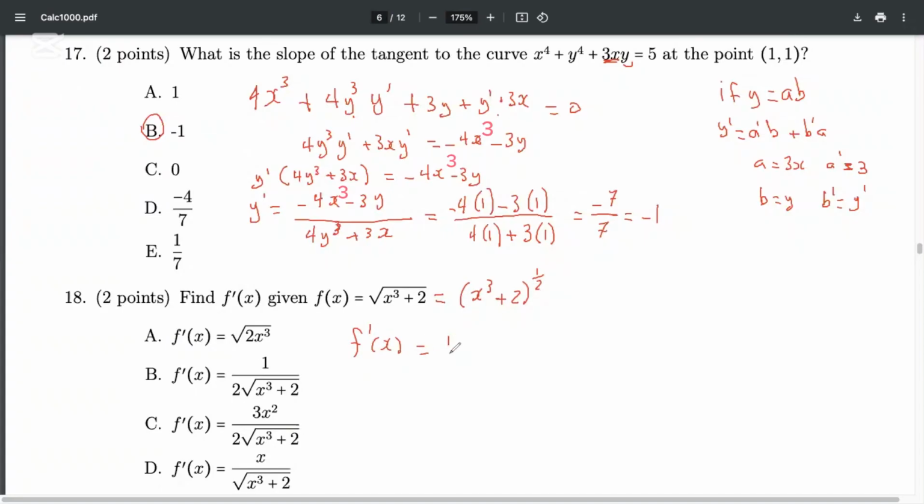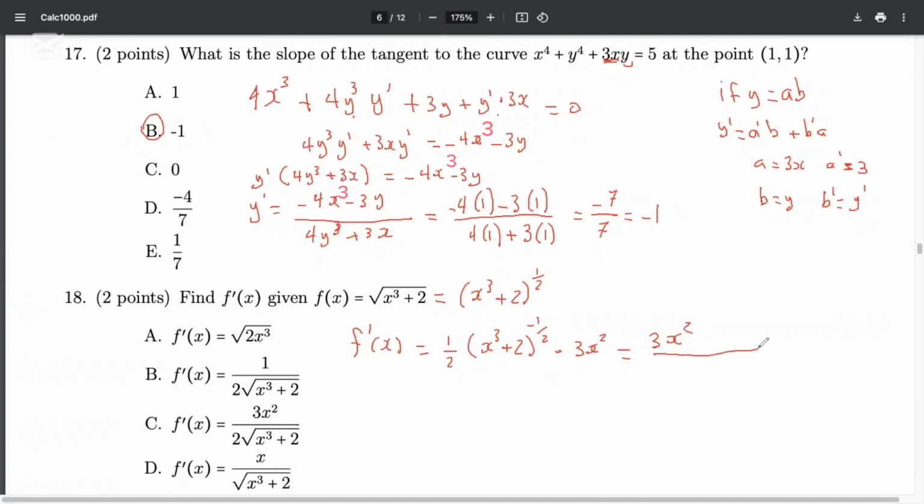So we bring the exponent down, that's 1/2, and we get (x cubed plus 2) to the power of negative 1/2, because we take away 1 from the exponent. And now we have to take the derivative of what's inside here. It's the chain rule, and the derivative here is going to be 3x squared. Therefore, I'm going to multiply the 3x squared into the 1/2, so I'm going to get 3x squared